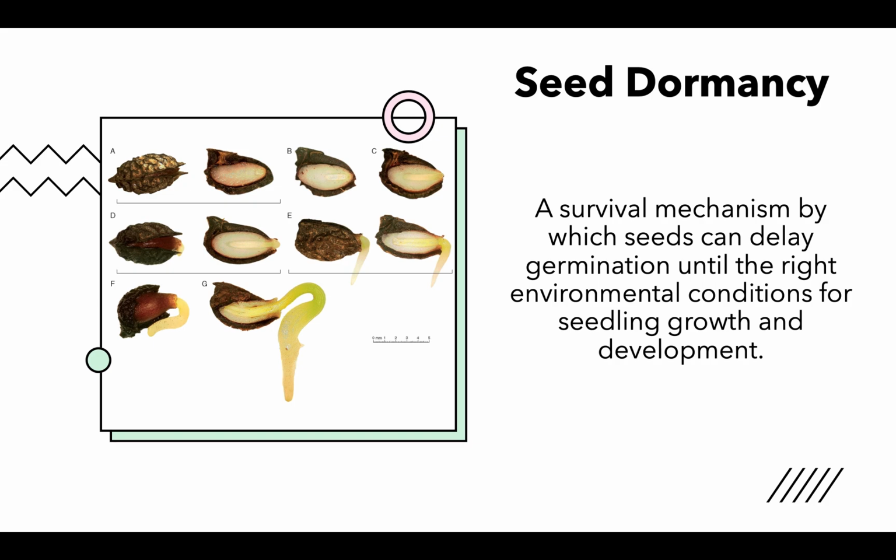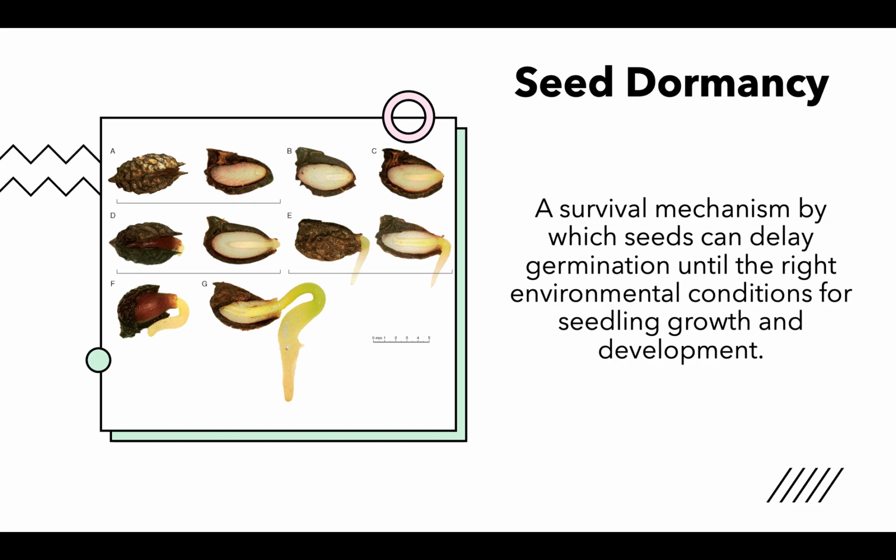Now we discuss seed dormancy. At some point in seed development, hormonal signals tell cells in the embryo and endosperm to stop dividing, and the seed gradually loses moisture and enters what we call dormancy. Seed dormancy is a survival mechanism by which seeds can delay germination until the right environmental conditions for seedling growth